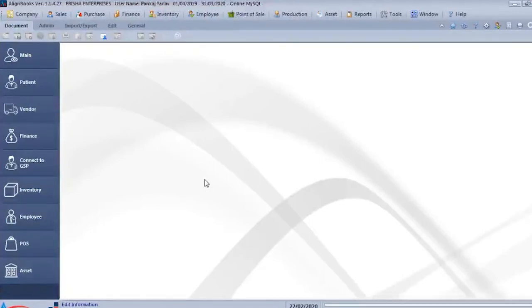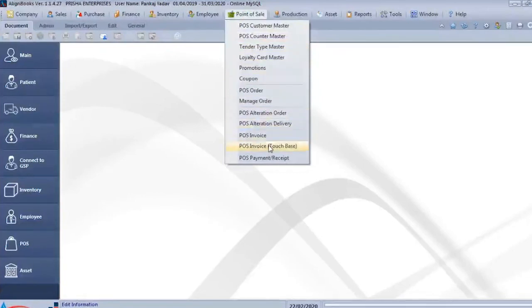So we have full features in Align Books. HR payroll option is also available. Retail management is also available. Along with this, we have a loyalty program. If I'm talking about the retail sector, you sometimes require promotion engines and loyalty programs. So all options are available with us. So this is the summary of Align Books.